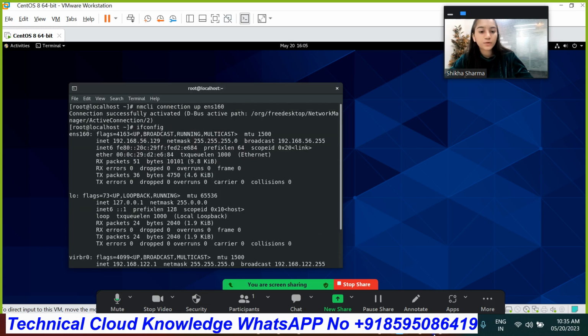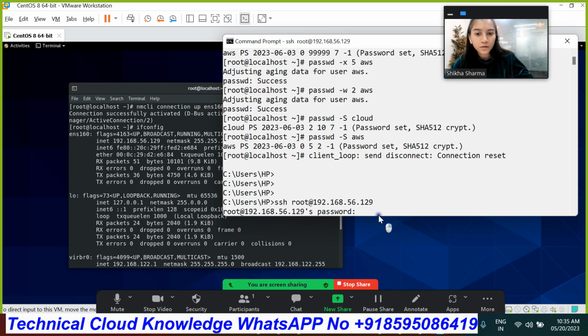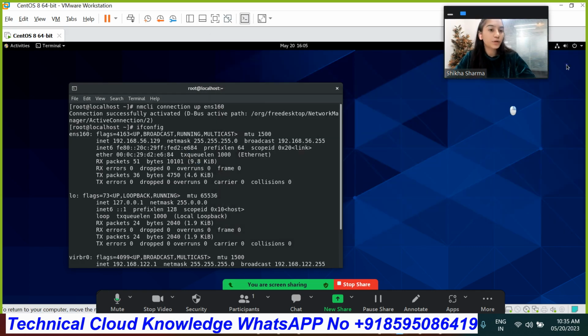So we are eligible to get the IP. Now let's take the remote. So write the password. So we are able to take the remote. Let's log out from here too.